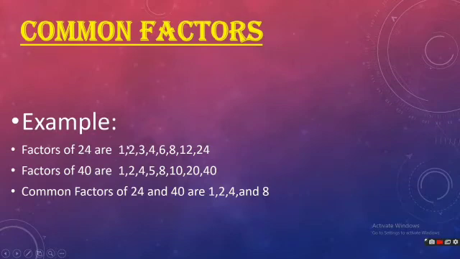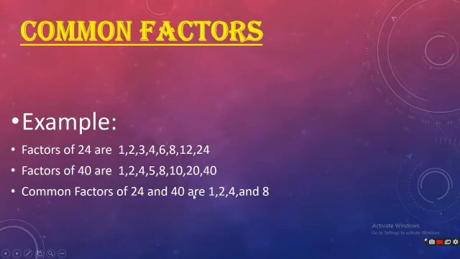Now common factors. Common factors means a number or a table in which 24 and 40 they both are coming. Now look over here, 1 table. In the 1 table 24 and 40 both are coming, so we will take 1 as a common factor. Then 2's table, yes, in the 2 table 24 and 40 both are coming, and see 2 is repeated over here 2 times, so yes, we will take 2 as a common factor. Then 3, in 3's table 24 is coming but 40 is not coming, so we will leave it. Then 4, yes, 4 is repeated over here. It means 4 is a factor of 24 and 4 is also a factor of 40, so we will write 4 as a common factor.